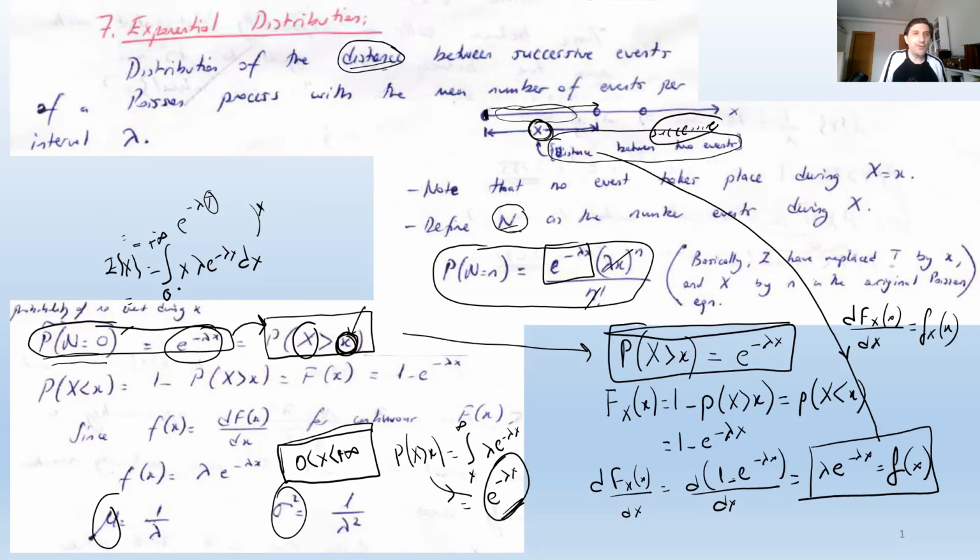Anyway, so let's go back here. The integration is going to be from 0 to infinity. It's going to be this one. Well, actually, you need integration by parts to compute this integration, because you have x and e to the minus lambda x. So I'm just going to omit the results. So what we obtain here is 1 over lambda as the expected value, and 1 over lambda squared is going to be the variance if you follow the same procedure.